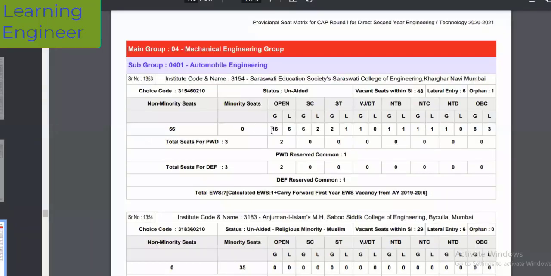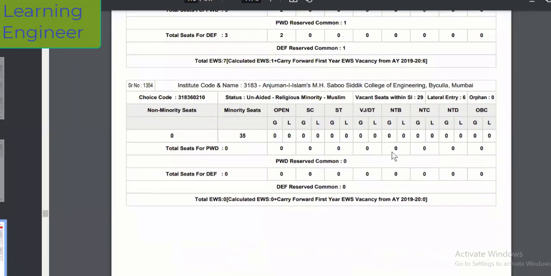Now you can see for general the number of seats are 16. This is for general. This is for ladies. Okay, ladies open. Then is the SC category. In all the categories, there will be two subcategories: general and ladies. In general, male and female both can apply, and this seat is only for the ladies. Okay, only for the girls. So this is how you can visit all the colleges.